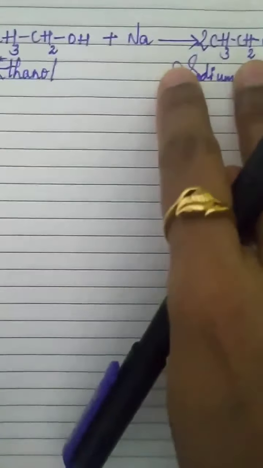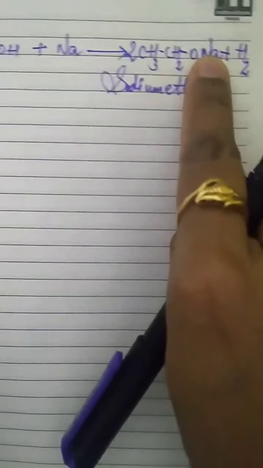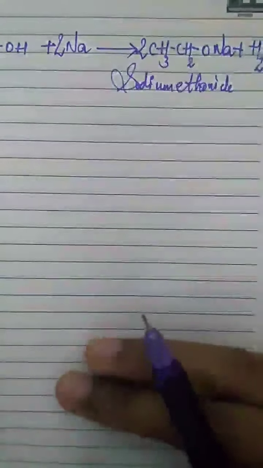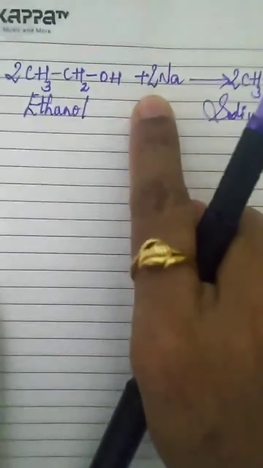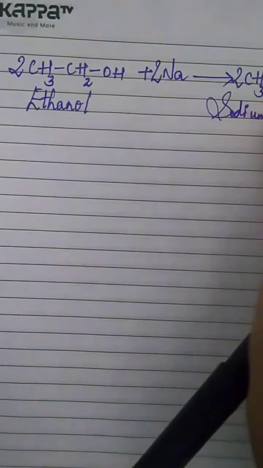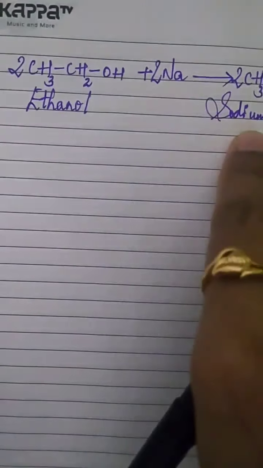Okay. So this much is balanced, you know. This 2 portion is balanced. Hydrogen 2 we have here. Now sodium became 2. So we have to put a 2 this side also. Like that it is balanced. We put a 2. So this much part got balanced. Then we saw that hydrogen 2 with this 2 is also balanced. Sodium got disturbed and we put a 2. Sodium ethoxide. Reaction of ethanol with sodium.